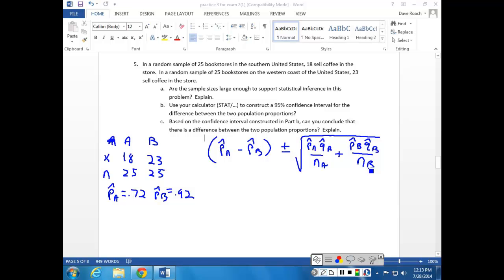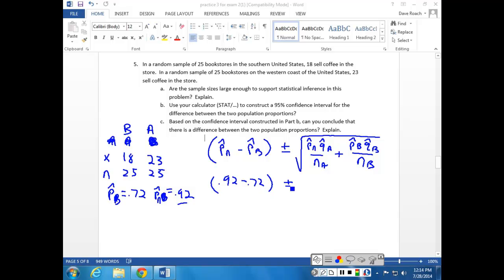And I'm going to do one other thing here. This designation of A and B is arbitrary, and to me it's easier to think of a difference of 0.2 than it is a difference of minus 0.2 when I do this interval. So I am now changing this to be group A and this to be group A. It doesn't make any difference which order they're in. It's just two different groups. But I like having the bigger one first. So I'm going to call that B and that A. So I have 0.92 minus 0.72